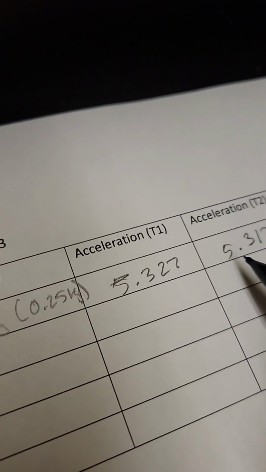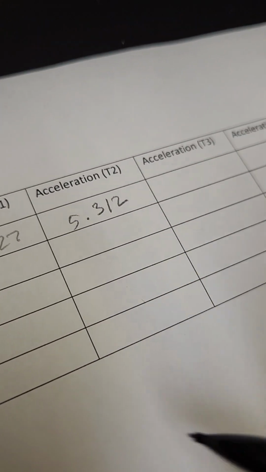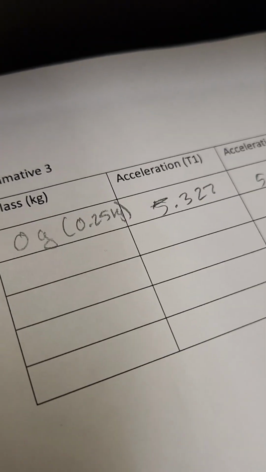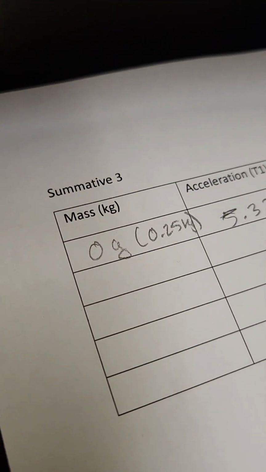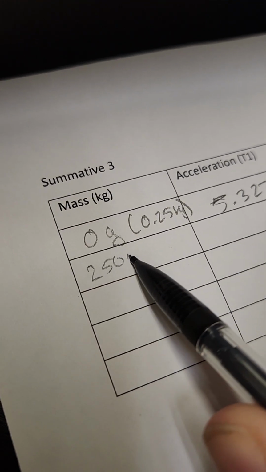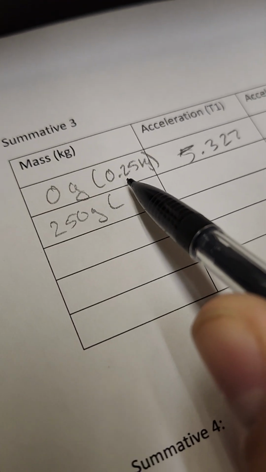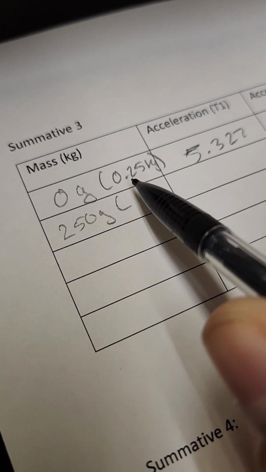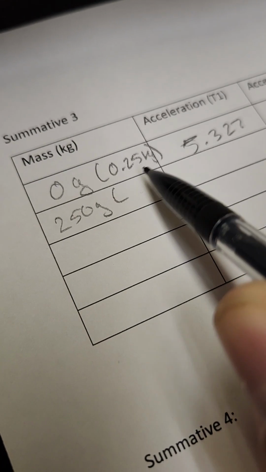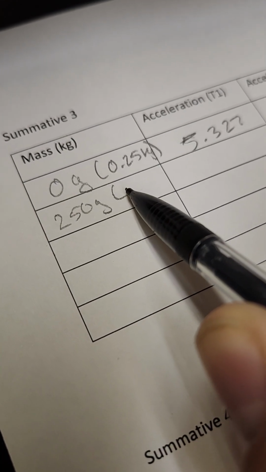Okay, so you'll do that 3 times, and then you'll take an average. To get the average, you add up the accelerations, and you divide by 3. Okay. You're going to do that until you have all of these, and then you're going to graph it. So you'll graph mass versus acceleration. Each of these masses, they go up by 250. So the cart is also 250. So 0.25 kilograms plus 250 grams would give you another 0.25. So this would be